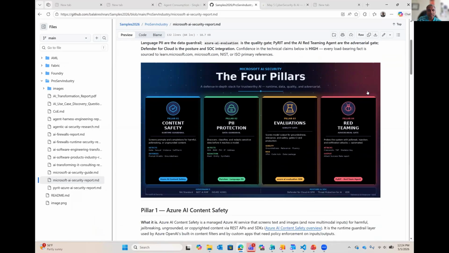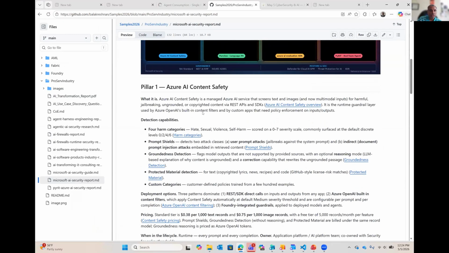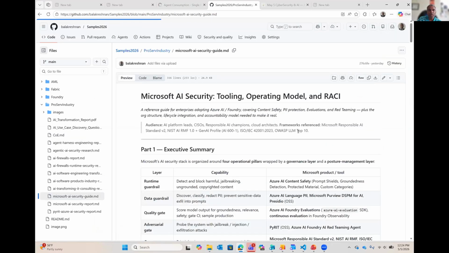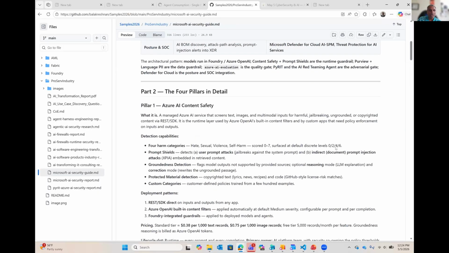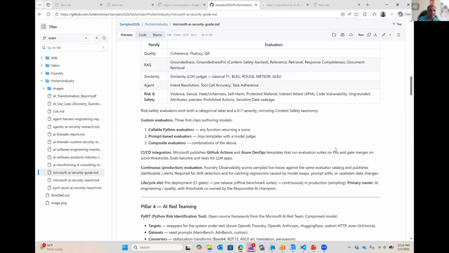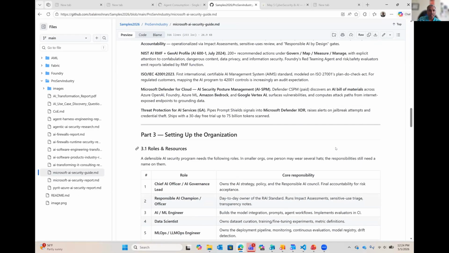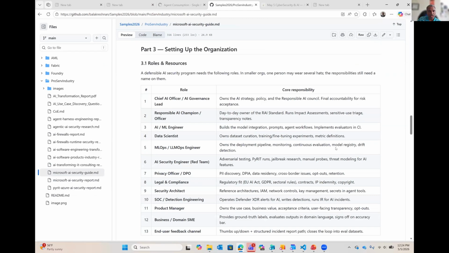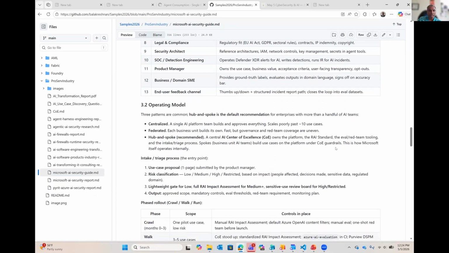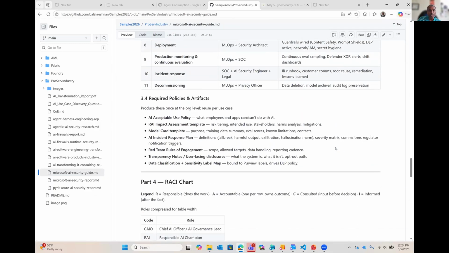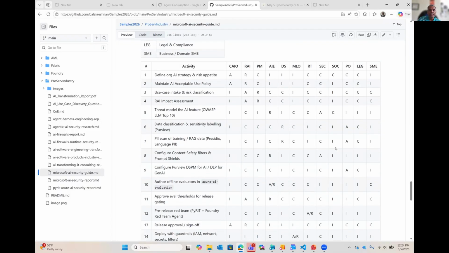I documented not only the 4 pillars, but I wanted to show you something else. If you want to set up in your own environment, what is involved? How do I do it? Who should I hire? What is the RACI that I need to do, and what organizational units do you need to involve? Here is my view of what is involved in this entire security thing. You can find the operating model, and if you go down here, you can actually see the RACI chart.